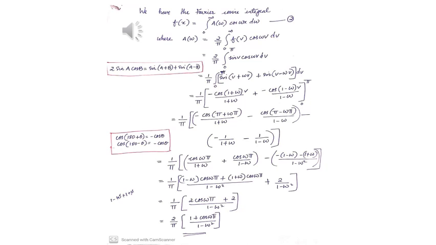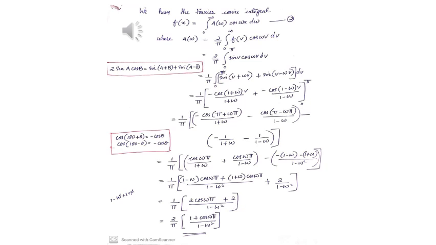So cos of pi plus omega pi is minus cos omega pi. Here we are having a minus, so minus into minus becomes plus. So cos omega pi divided by 1 plus omega plus cos omega pi divided by 1 minus omega minus,